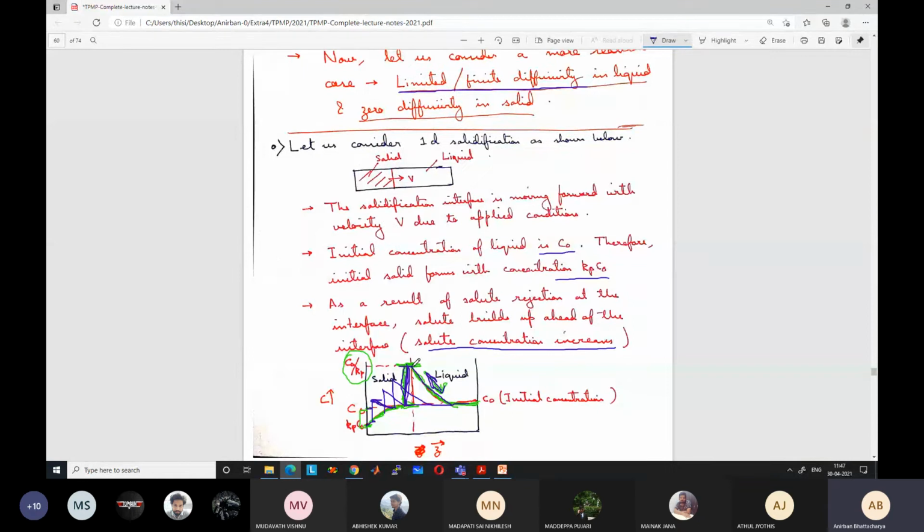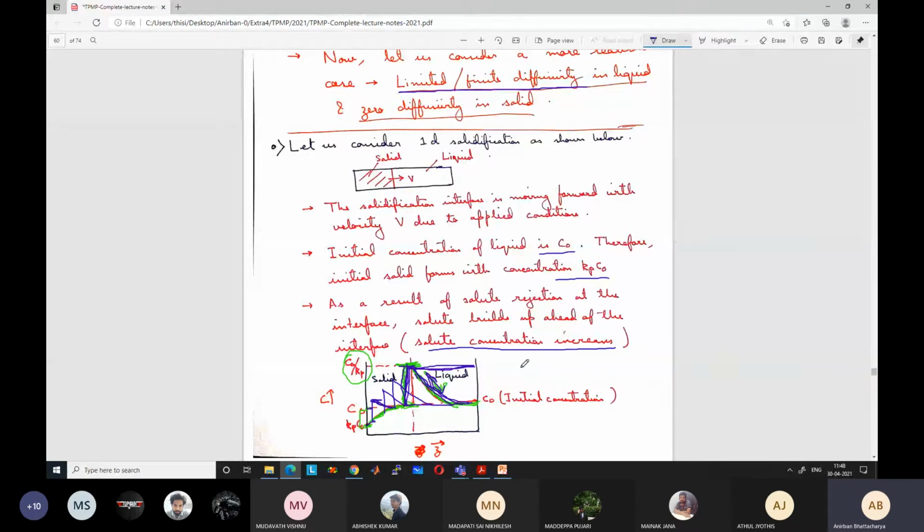So as a result, although the solute is moving from here to here, there is always a gradient set up. If we had infinite diffusivity, then there wouldn't be any gradient and the concentration would be like that. But the diffusivity is not infinite or very large. It is about 3 orders of magnitude larger than in solids, but still much less. In absolute terms it is around 10 to the power -8 or -7 meters squared per second.